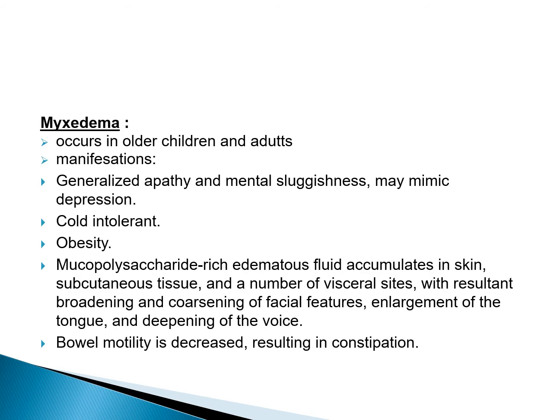The other manifestation happens when hypothyroidism occurs in older children and in adults, when the central nervous system development and the skeletal development have stopped. Here the manifestations are the opposite to the manifestations of hyperthyroidism. Everything here is slowed down. We call this complex of symptoms myxedema, which is characterized by generalized apathy and mental sluggishness,